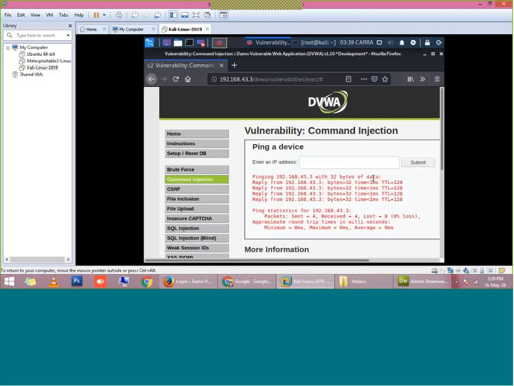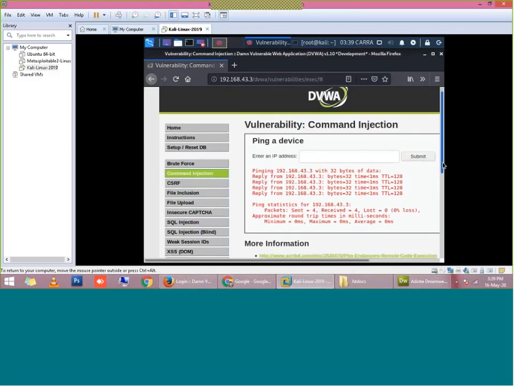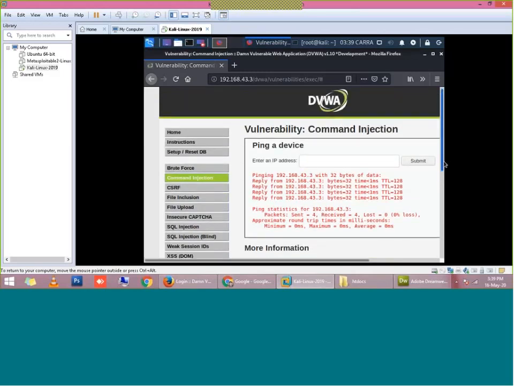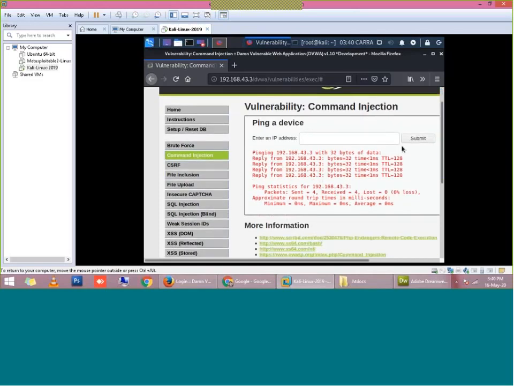Once I enter the IP address of the victim machine, it shows that the victim machine is accessible and it is returning the ping reply. So I have sent the ping request and it is sending the ping reply. Now it is clear that the victim machine is fully connected with me and I can play with the victim machine. So let's try some command injection.